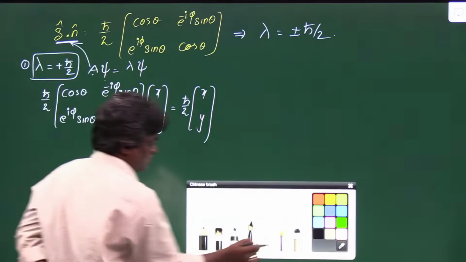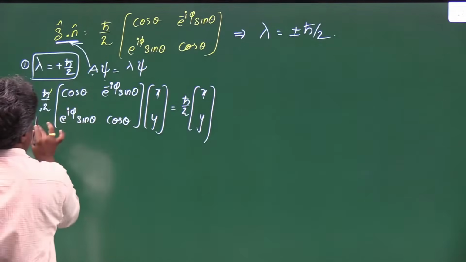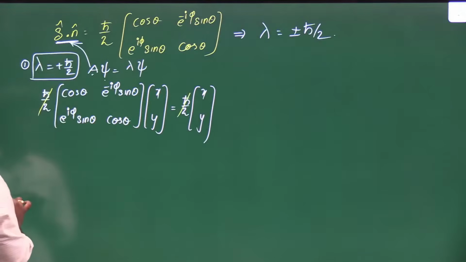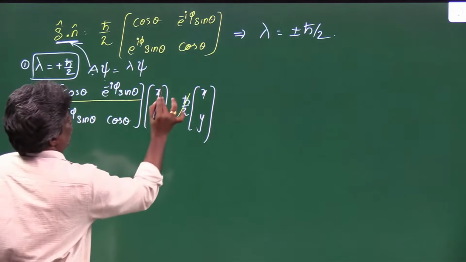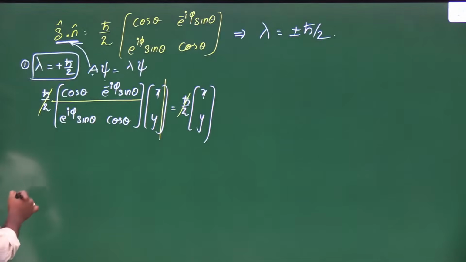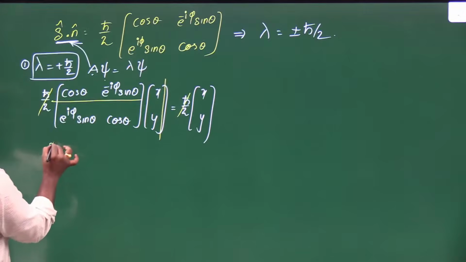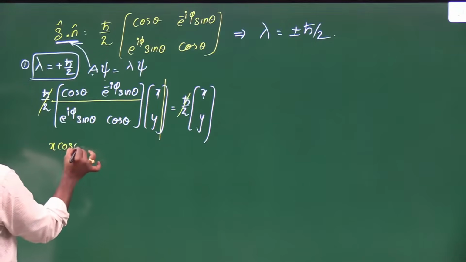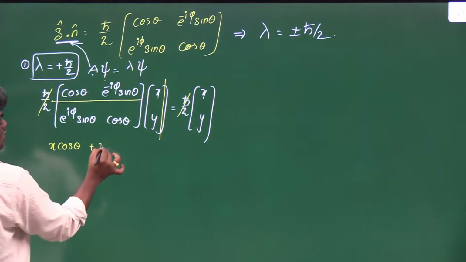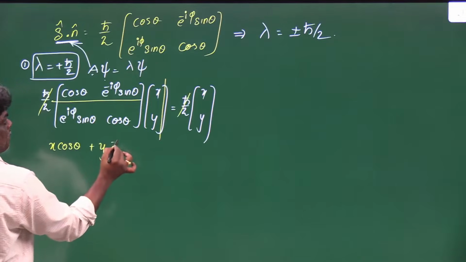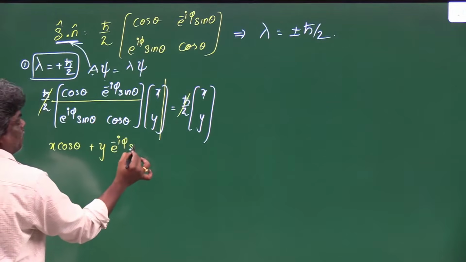Is it okay, sir? Yes, sir. Now h cross by 2 cancels. Now multiply row with column: x cos theta plus e to the power of minus i phi sin theta